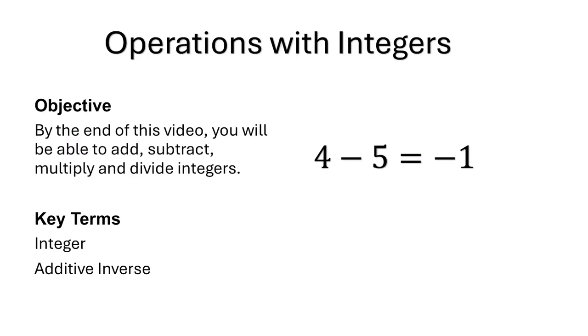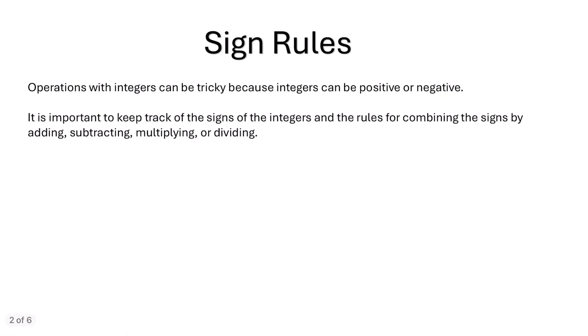So in this video, we're going to talk about how to perform operations with integers. So remember, the sign rules are what you really need to keep track of when you're performing operations with integers, because integers can be positive or negative. So it's important to keep track of the signs of integers and the rules for combining by adding, subtracting, multiplying,